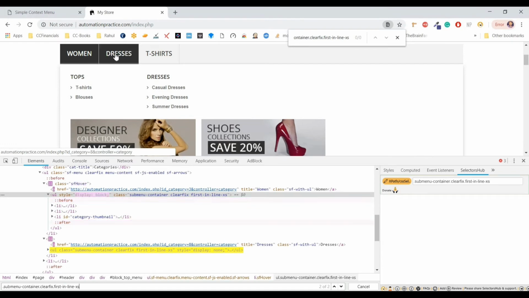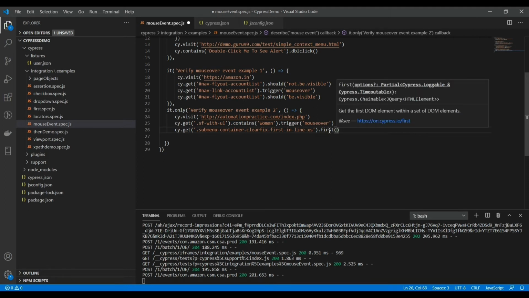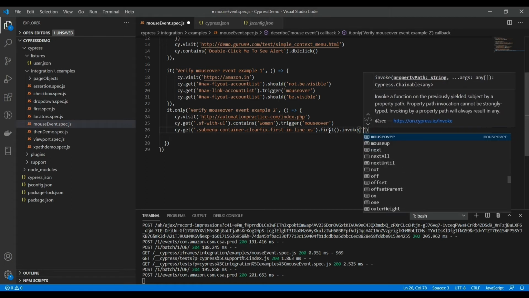So when you have exactly the same locator for two or more elements, you can use first or last if you want to use the first one or the last one. So this will fetch the first class locator and now we need to invoke the property, that is show.